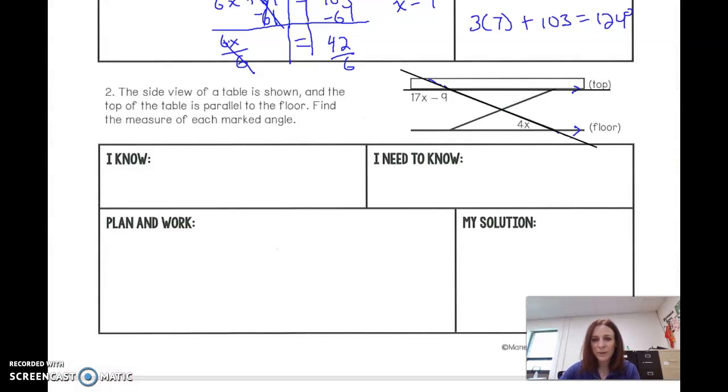So no vertical, corresponding. This one is to the right of the transversal, below the parallel. This one is to the right of the transversal, but above. So it's above. They're not corresponding. So then we have alternate interior and alternate exterior. Well, to be either of those, they have to be on opposite sides of our transversal. And our transversal here,